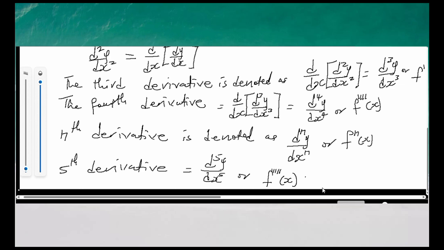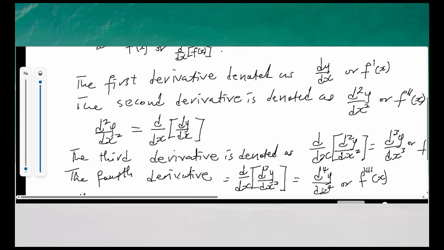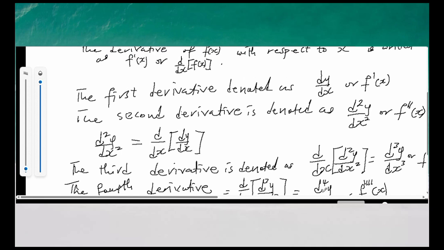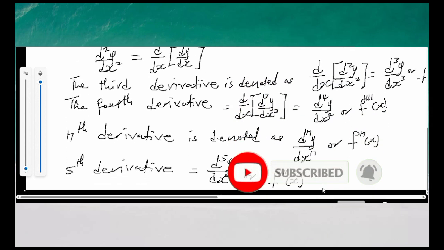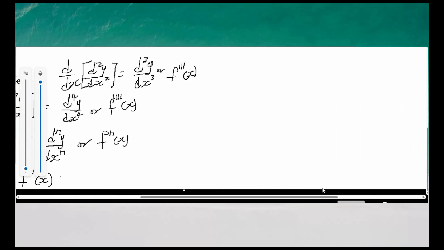Now, having taken note of these, the next thing I want you to note is that the first derivative, in simple terms, means the change or the gradient of the function, right? The first derivative could mean the change or the gradient of a function. So with this, let us look at some rules of finding the first